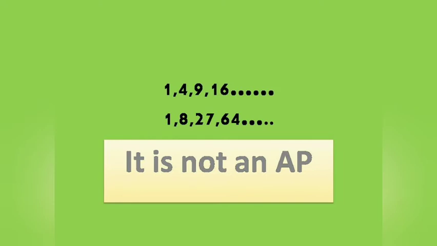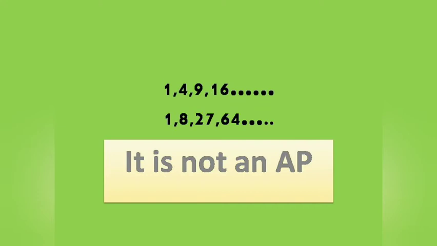Case 2 was when we had squares and cubes of naturals. Now 1 followed by 4, then we had 9 and 16. The gap 1 to 4, it's a difference of 3, then 4 to 9 is a difference of 5. So this gap is not constant, it cannot be called an AP. Similarly, difference of perfect cubes 1, 8, 27, they are not at the constant gap. So this list or this series is also not forming an AP.